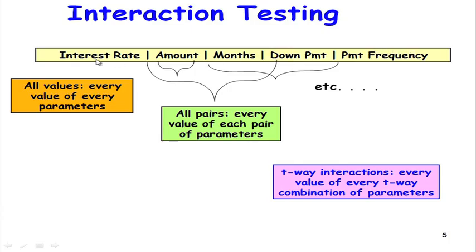Given these various parameters for a loan, the interest rate applicable becomes different. So, for the amount, the number of months, the down payment and payment frequency, various combinations of these exist, and we can consider pairwise among these, let us say interest rate and down payment, month and payment frequency, etc. Then